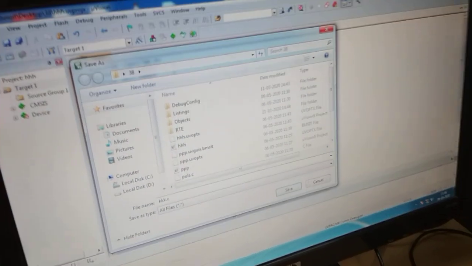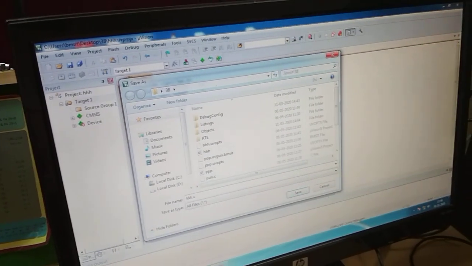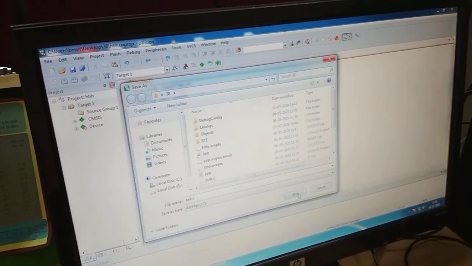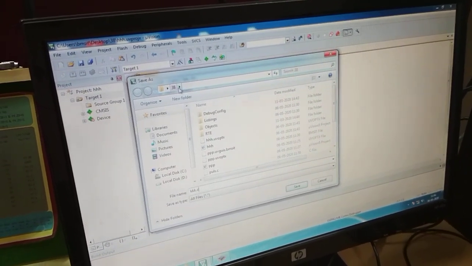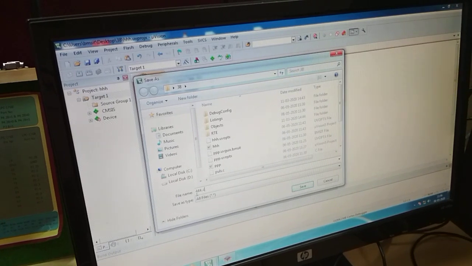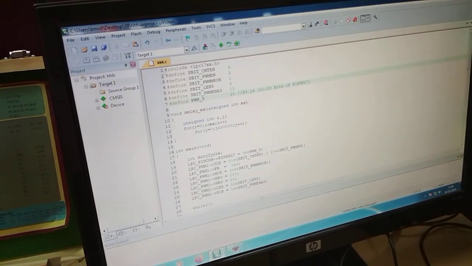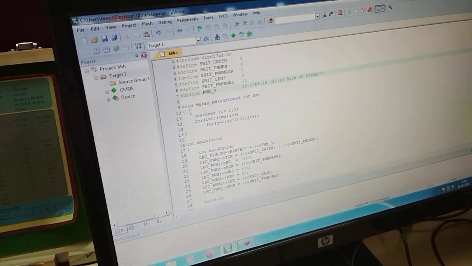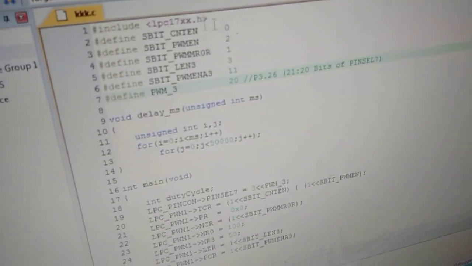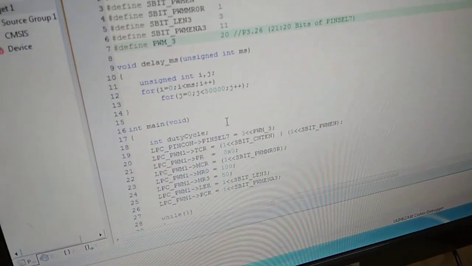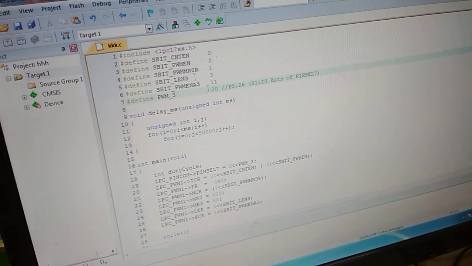Here you have to give the extension, whereas when you're creating a project you need not give any extension. So now click on save. You can see here a folder called 38 is there, and in that we are saving this file. Click on save. So now you can see the color changed here. You can see some blue color and some other colors. So after saving you will get this.